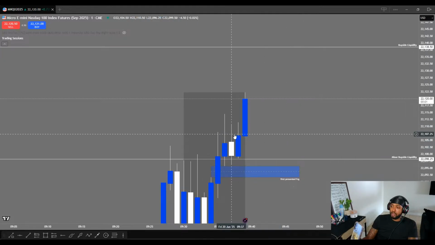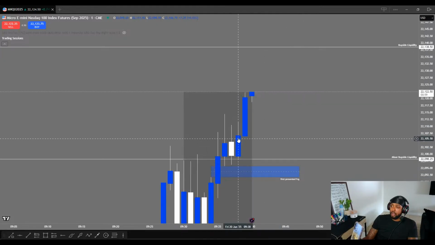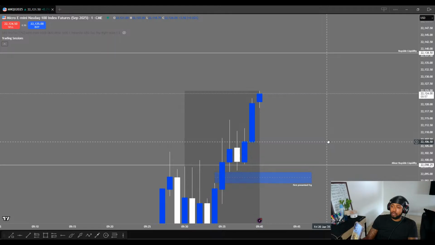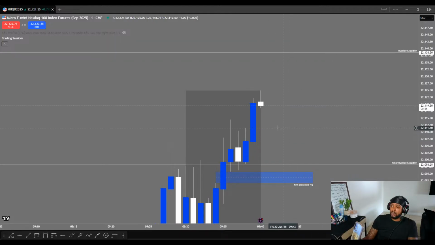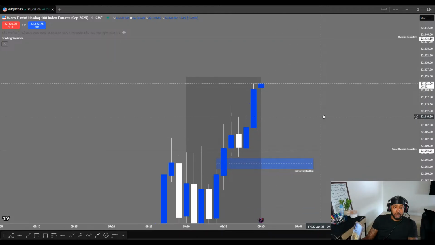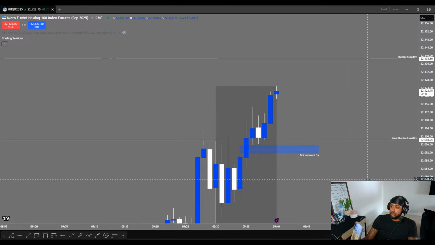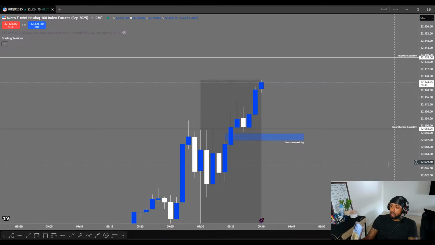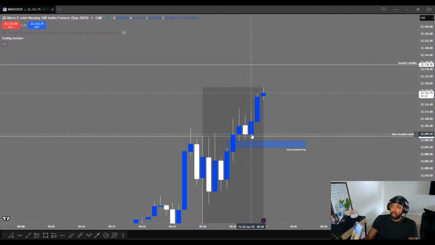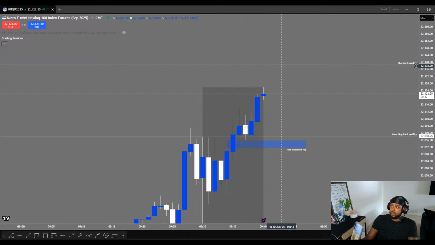right? Because the order block is after it hits a PD array and then expands and leaves a fair value gap. So if you're bullish, this is exactly what you're looking to see out of price. And this is a decent area, right, of a bounce to get to here.